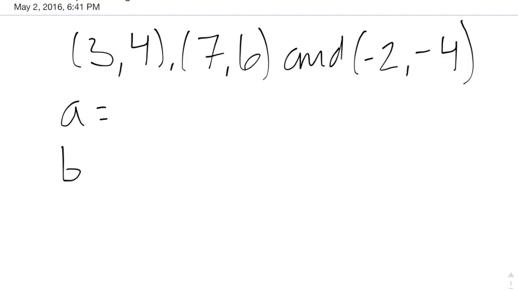equals, and b equals. The problem is the formula looks very intimidating. These huge functions, and right now we're not even going to worry about them, okay? We're going to take it step by step, and then we'll go from there, okay? So the first thing we want to do is to find n,